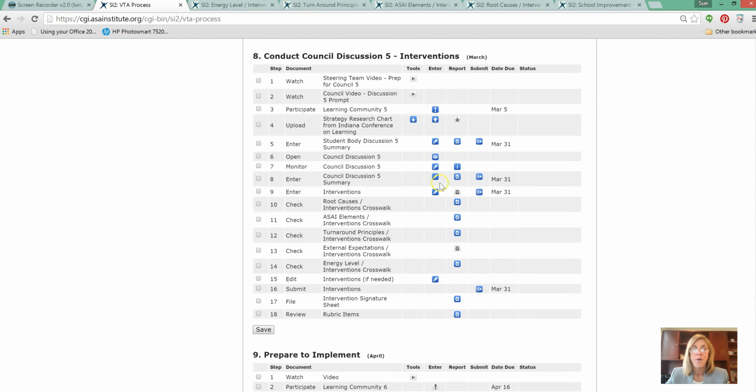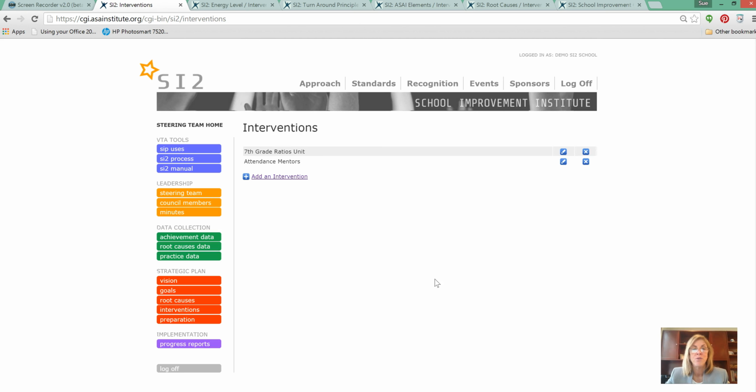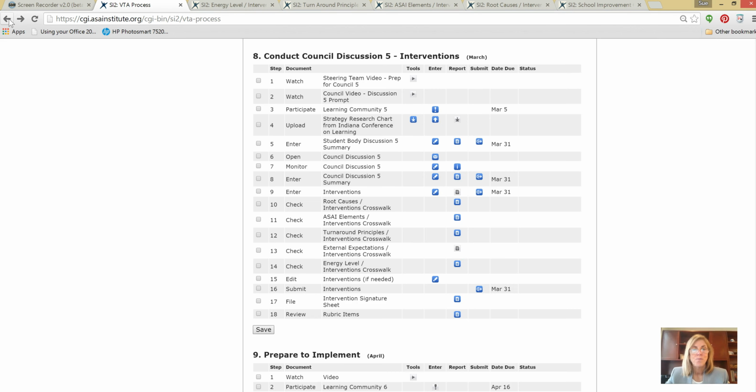Okay, so after you've done all these crosswalks, then we give you just a link to edit your interventions if you need to, and that's just going to take you back to the page where it lists your interventions, and then you can click the edit button to do that. And of course, this last button is the delete button. Okay, and let's see, so we've edited, and then finally, when you're happy with all of your interventions and you're not going to be adding any more, then click this submit button.